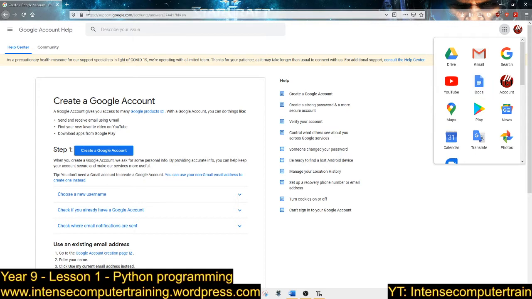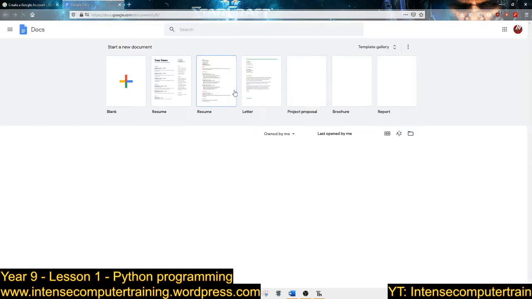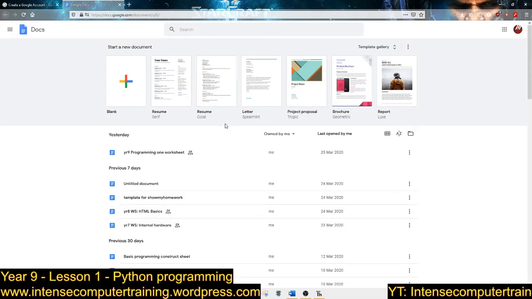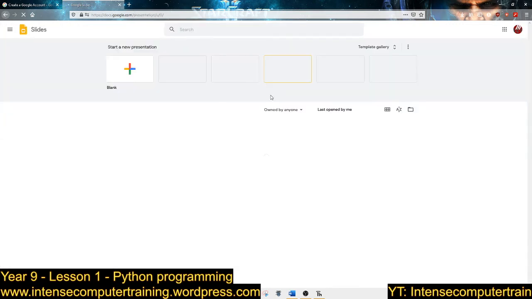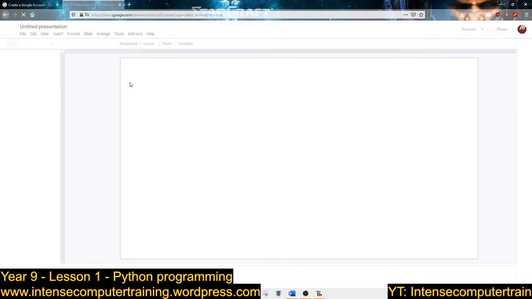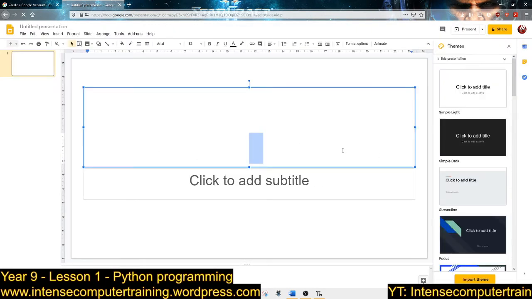You can type in Google Docs up here if you want, but Docs, we are going to make our own PowerPoints and our own lesson. We're going to document our own thing. I mean, it's going to be there forever because Google Docs will save automatically. If you cut and paste code and put it in there, you don't have to worry about saving it. So I'm going to go up here and I'm going to make a new slides. Click on a blank slide, and we're going to have this, and I'm just going to call it Lesson 1